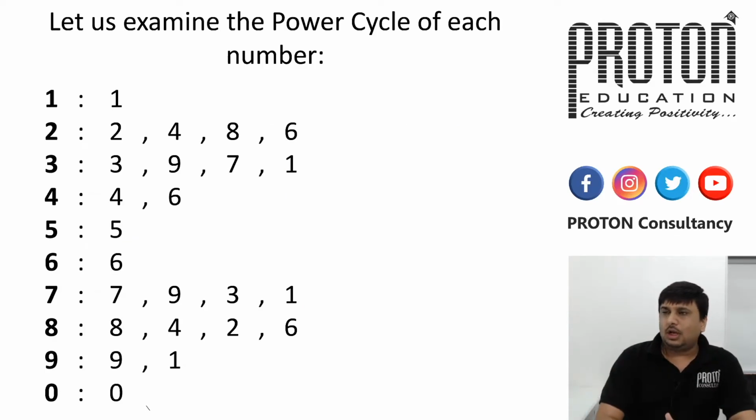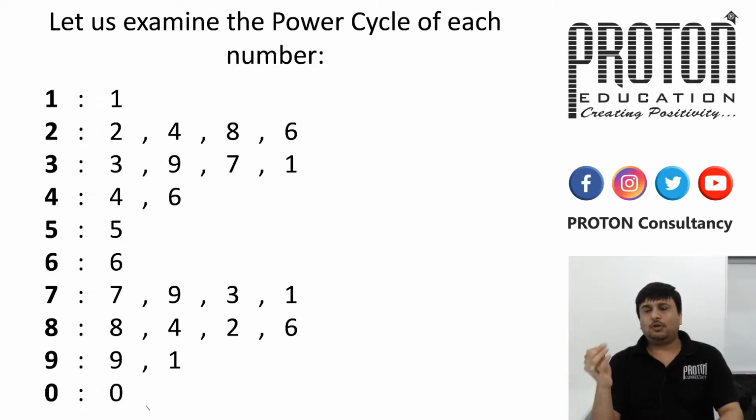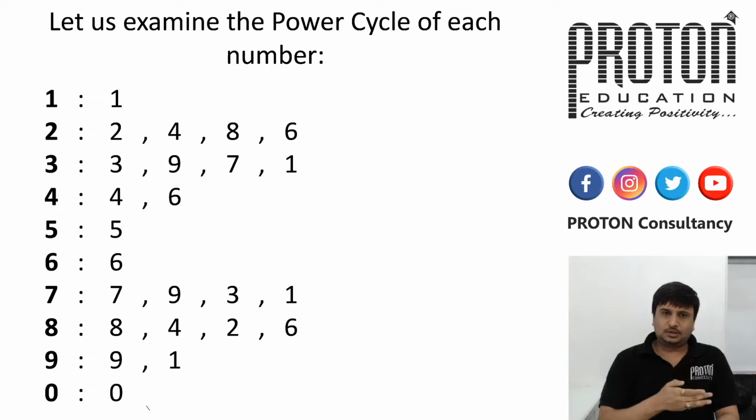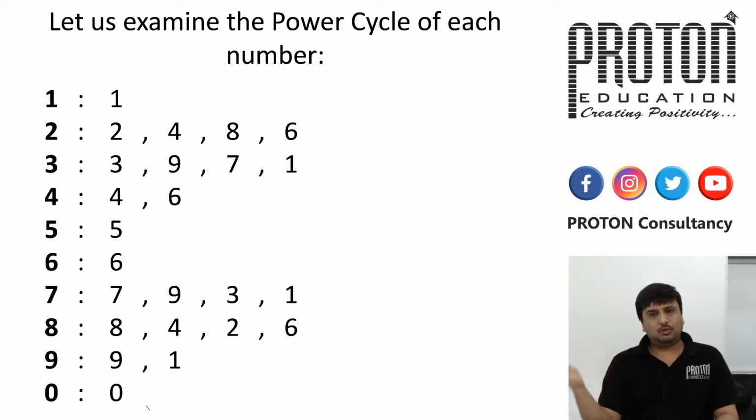I have noted down the entire series from 0 to 9, the powers and the repetition and the cyclicity for all the numbers. For 1, it is always 1. 1 to any power will always give you 1. For 2, as we had already discussed, it is 2, 4, 8, 6. For 3, it is 3971. For 4, it's a cyclicity of 2 digits, that is 4 and 6. For 5, it is only 5. For 6, it is just 6. For 7, it is 7931. For 8, it is 8, 4, 2, 6. For 9, it is 9 and 1. And for 0, it will always be 0.